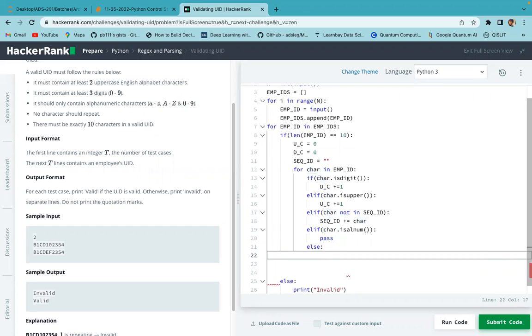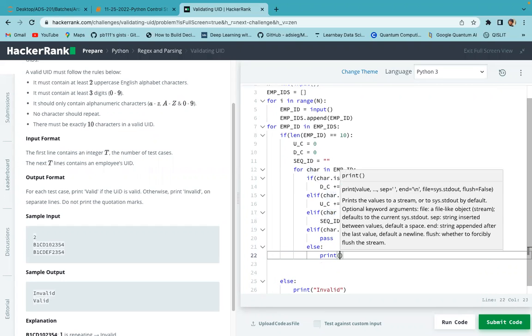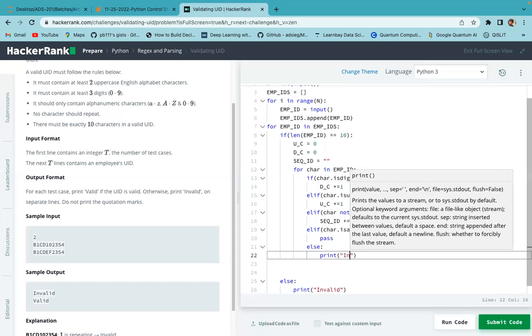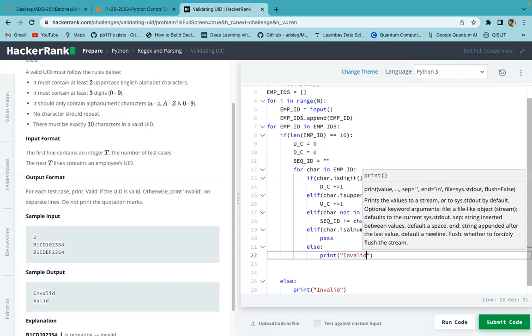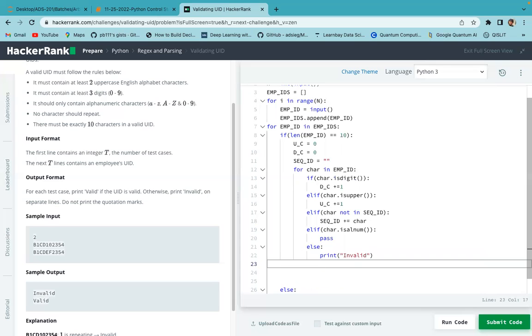If it is a special character, then what should I do? I can print it invalid, and I should break it. If all iterations are done,